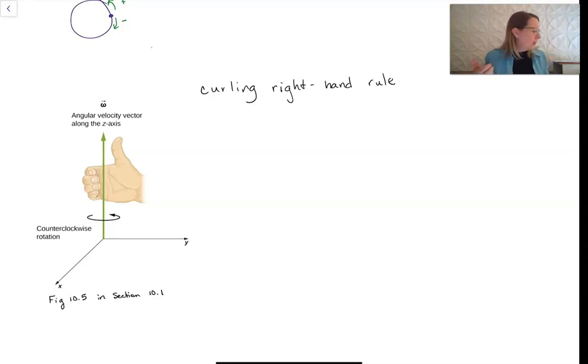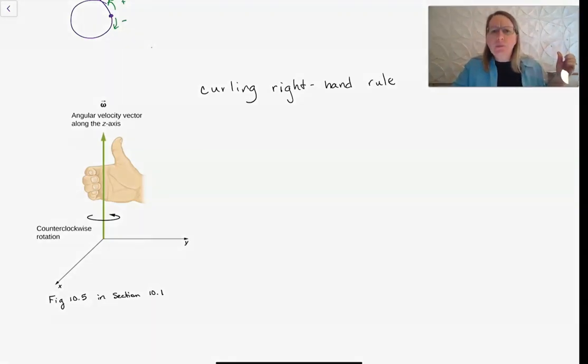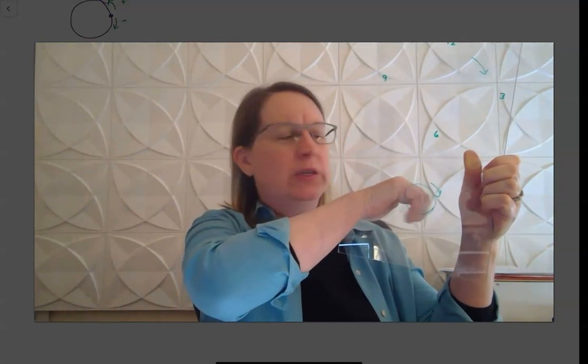And so in my little circle here, if I look at this and I take my right hand in the direction that things are going, well, that's not the right way. I'm going to come behind and I'll go like this, and that tells me it's pointing